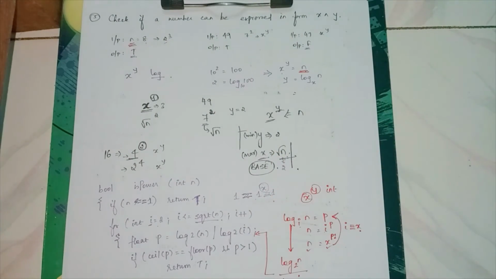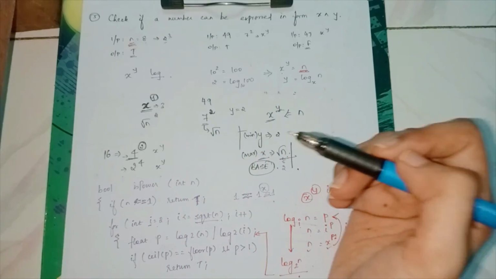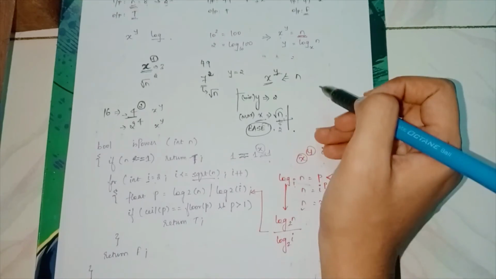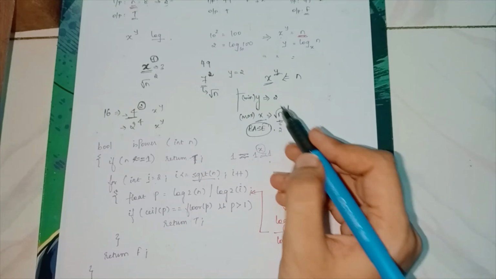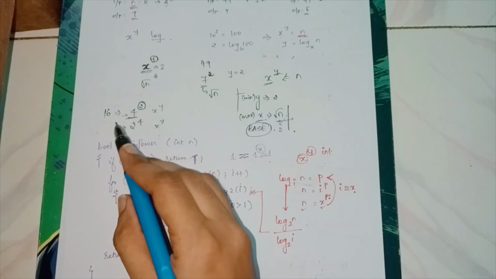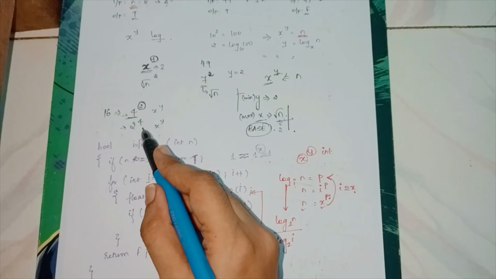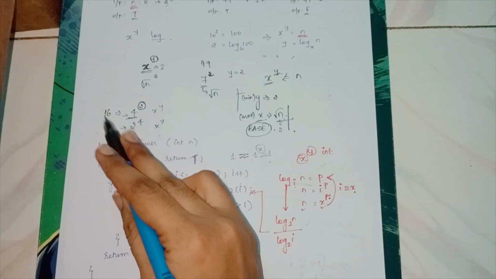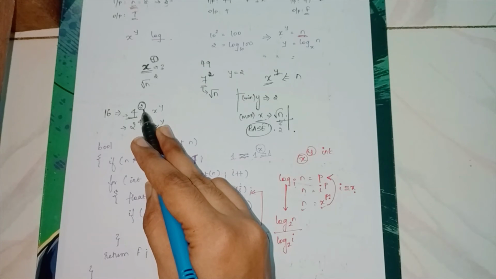Let me give a small recap of what we have done so far. To find out if a number can be written of the form x power y, we are using the concept of logarithms here. So we find out that the maximum value x can take is going to be the square root of n, okay. From the example here, 16 can be written as 4 square, can also be written as 2 power 4. But the maximum value this x can take is going to be the square root of this n, and the minimum value that y can actually take is 2, okay.